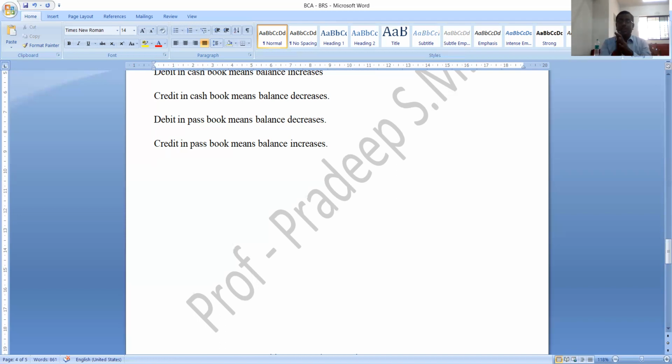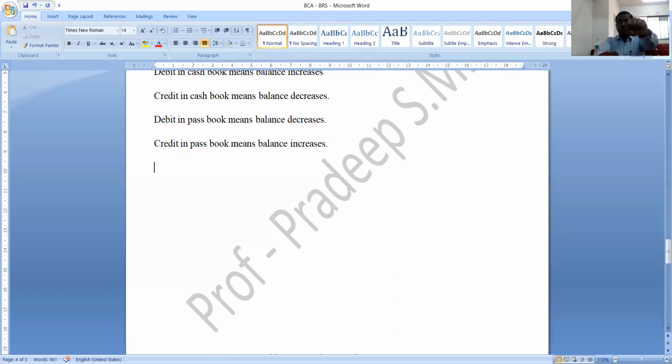We'll take some examples. See here. They have given you cash book balance. You need to find out passbook balance. Suppose there is one transaction, that is check issued but not presented for payment. Check issued. See here, you are an accountant. You are maintaining cash book. So check issued. Immediately you will reduce bank balance in cash book. But it is not yet presented for payment. What is the transaction? Check issued but not presented for payment. So you issued check.